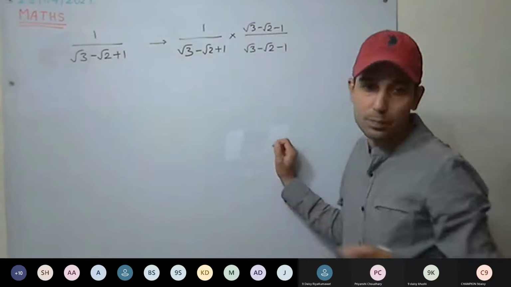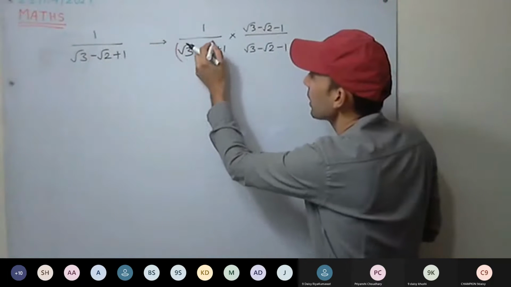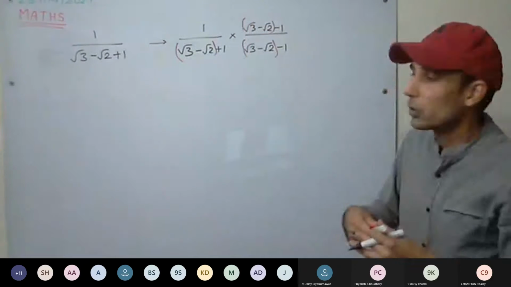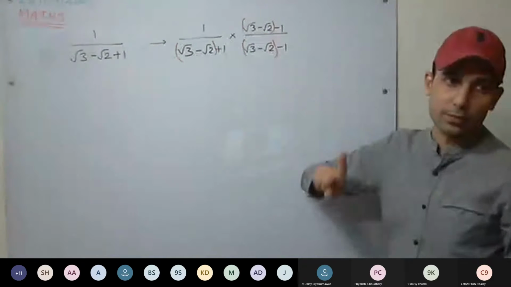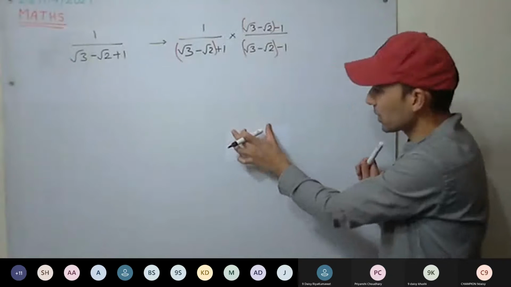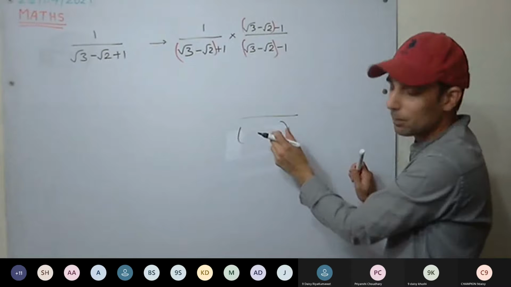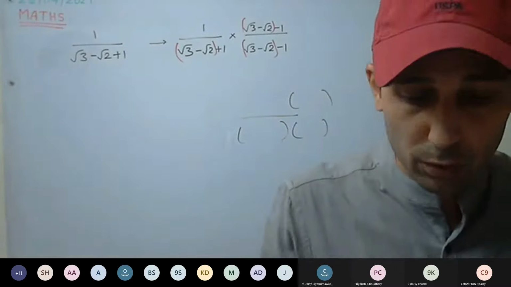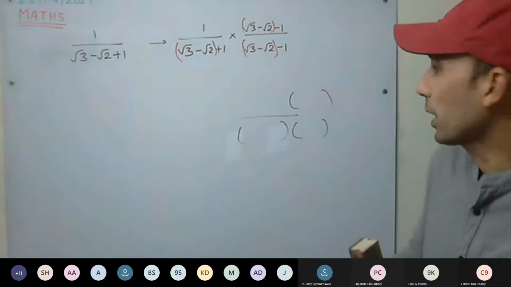This time you are considering this as one term. Understood? So A plus B, A minus B. You can solve using this, but there is one issue while solving this. You will get something that you have to rationalize again. You will be getting two terms here, and you have to rationalize it again. So you have to rationalize it 2 times.